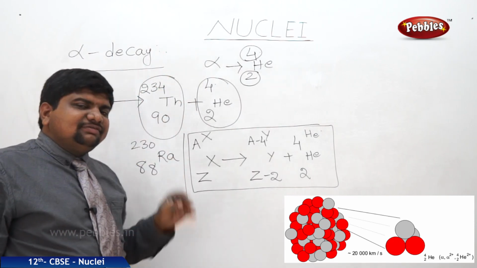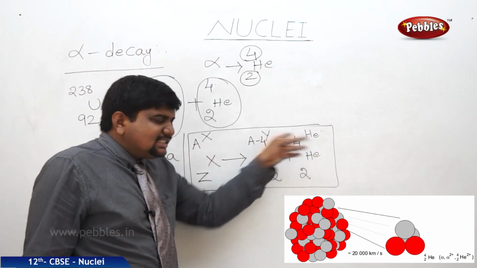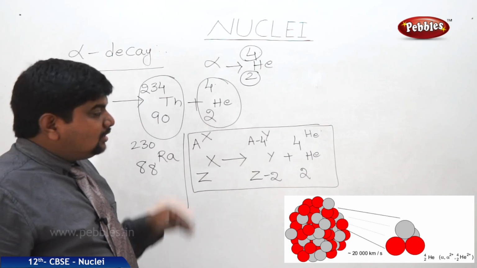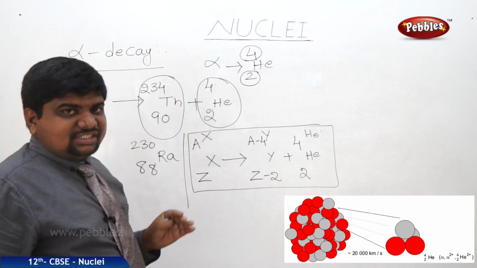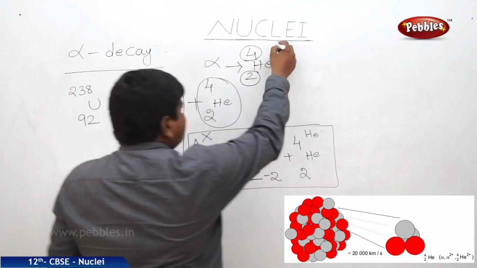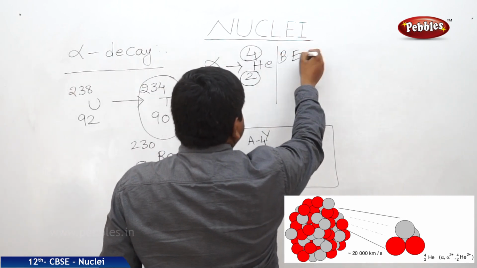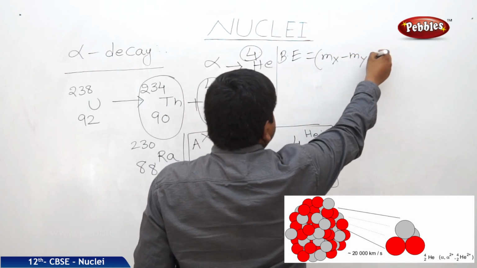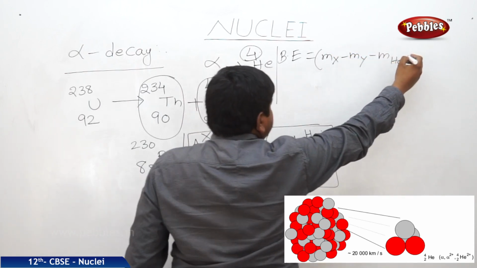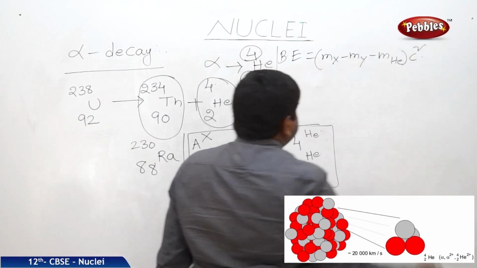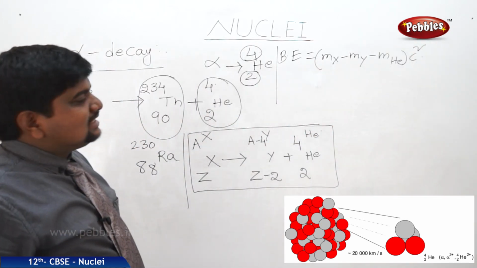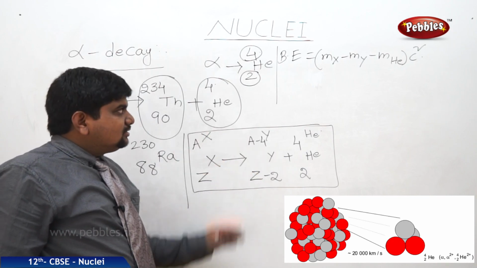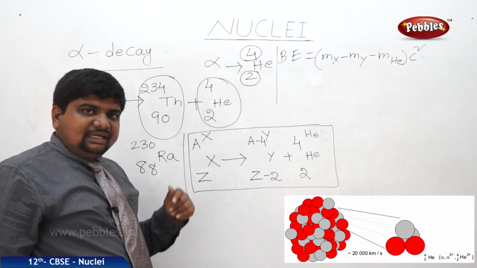This is the formula for the alpha decay, removal of the helium nucleus. So what are the physical significances from this? Means automatically mass is going to change. So there is a mass defect. So what is Einstein's rule? Binding energy is equal to mass defect into c square. Such like that. What is the binding energy or energy of the disintegration? Mass of X minus mass of Y minus mass of He into c square. This is the disintegration energy or binding energy in case of alpha decay. So this is about the alpha decay transitions.